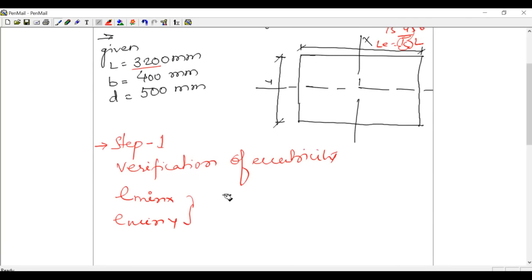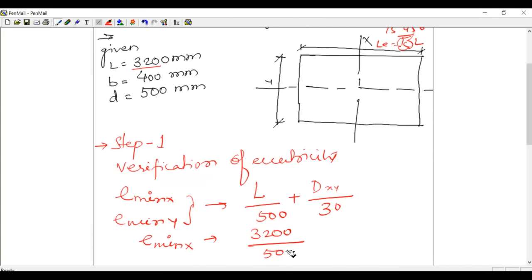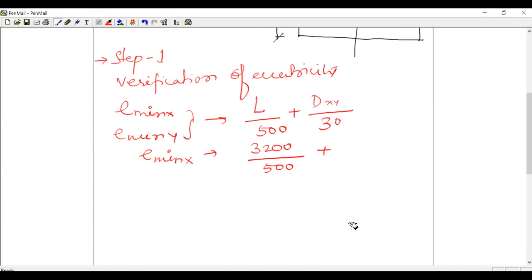The formula is unsupported length divided by 500 plus the dimension, x or y, divided by 30. So if you are calculating the minimum eccentricity along the x direction, this becomes 3200 by 500 plus the depth along x direction, which is 400,